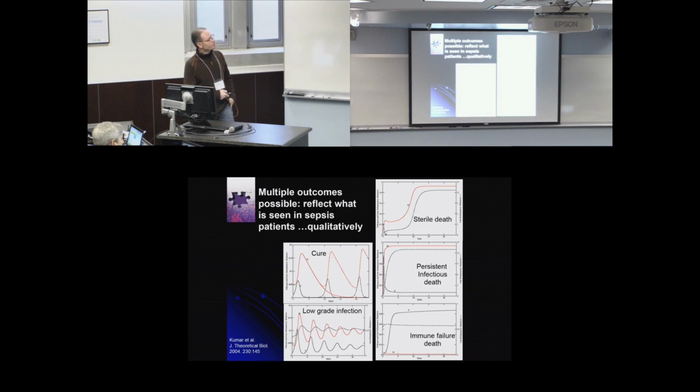Everything from self-resolving inflammation, so each new episode of infection would be stimulating an inflammatory response that would clear the infection, come back to 0. You could overdo this and end up clearing your pathogen at the cost of killing yourself. You could have a situation where the infection overburdens you, and so you have persistent infection. You could have a chronic low-grade infection, or you could have a situation where your immune system is just insufficient,